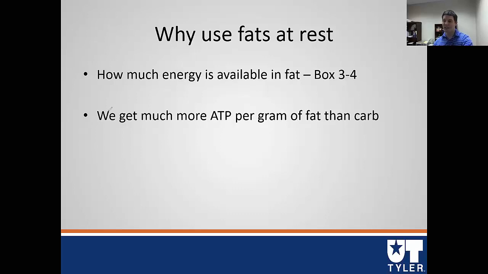The idea is presented really well in the book. I love it. Box 3.3-4 in the book gives a great example. It says that if we have a 150-pound person who has about 15% body fat, so that's pretty lean, 15% of that 150 pounds would equal 22 pounds of fat, right? We know that 22 pounds of fat is the equivalent of how many calories? 1 pound of fat, 3,500